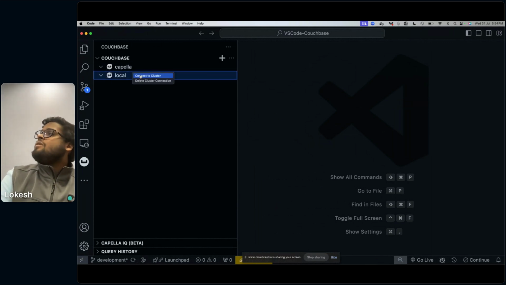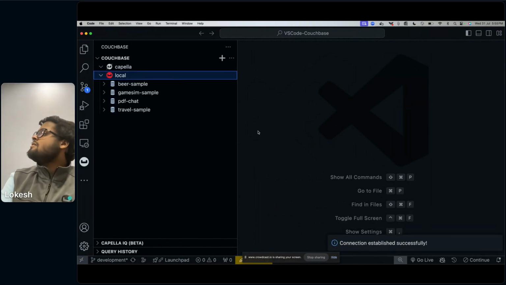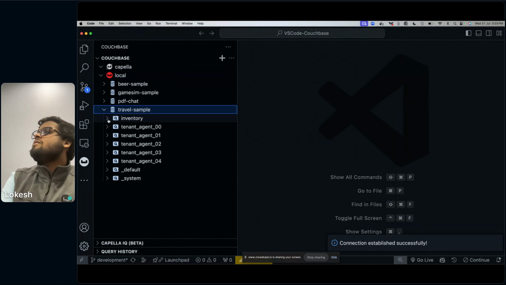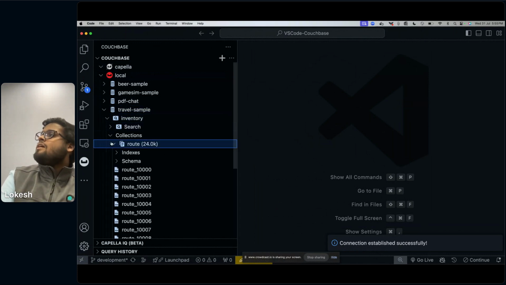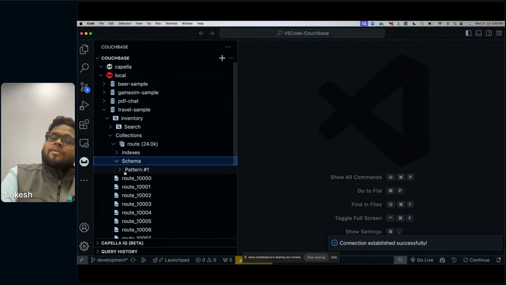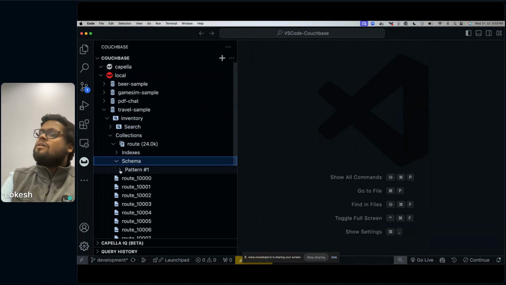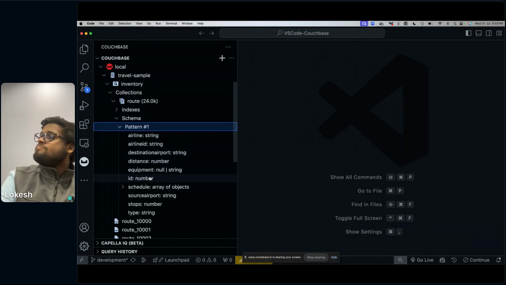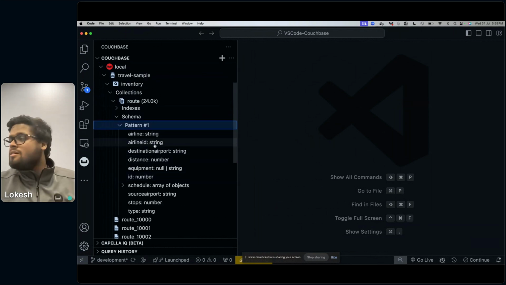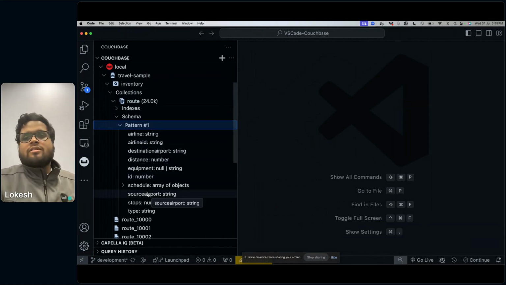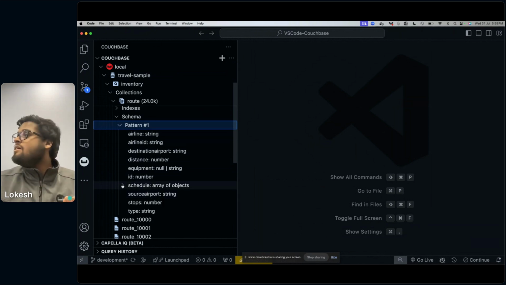So we allow this. After you have connected to your cluster, you can just connect it using the plus button and go through your buckets, your scopes, your collections, and get to know its schema. And even if there are multiple patterns, they will be shown here. Right now, this route collection only has one pattern, so that will be shown. And even if it's nested, which is the beauty of having a NoSQL database, that you can have nested data,